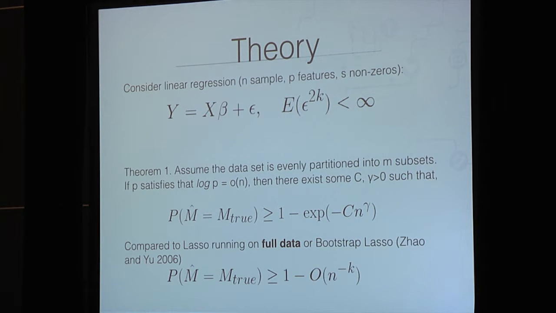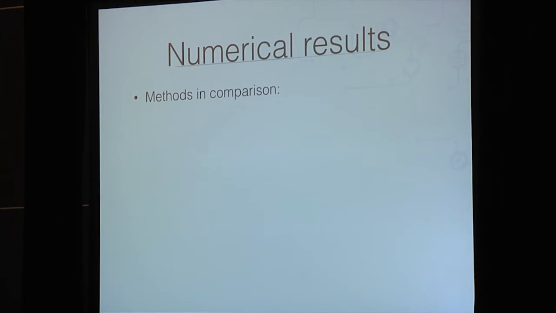So here we are going to verify this result in the numerical section and the experiment. In this section, we are going to compare a lot of methods and compare their performance. The methods we are going to compare include the message we propose in this paper, and the median, where median here is also put in the inversely parallel framework. You get an estimate on all subsets, and then you take the median of the estimates to get your final estimate, which is also very fast.